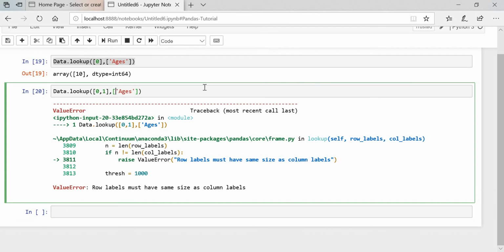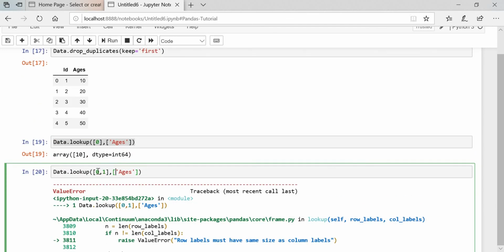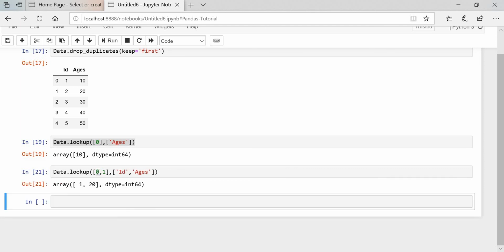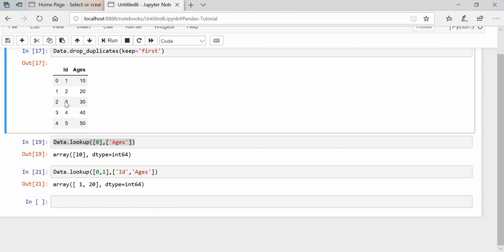So if you put 2 in the index over here, you should put 2 column names. So we'll put id and ages. Once you execute, see 0th index in id we are getting 1. Then first index in ages we are getting 20. So likewise it will work, guys.